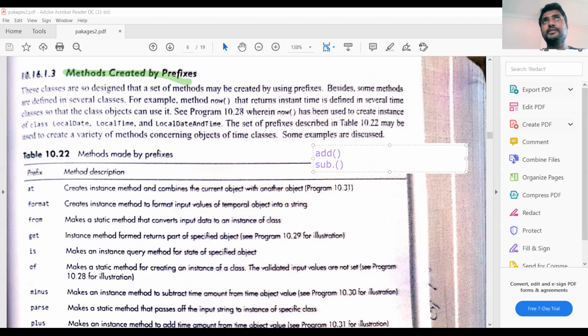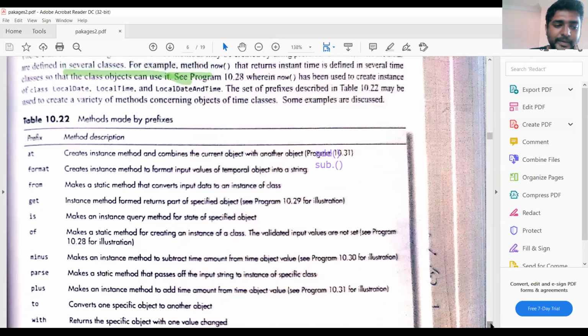We are adding some prefixes to the existing methods. Those are known as method prefixes. The time package supports some prefix methods.